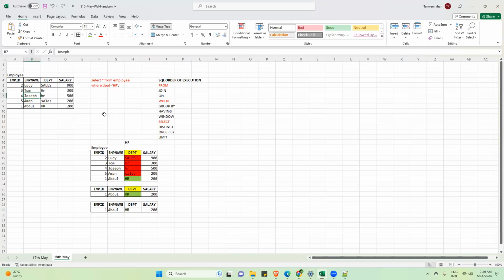I will tell the reason: because we have given uppercase H, uppercase R, the engine is showing only Abdul. The manager will say, I am not bothered how your SQL engine works or why data is case sensitive. I want all the employees who are working in the HR department, whether it is uppercase, lowercase, or any case. Hope the requirement is clear, right?